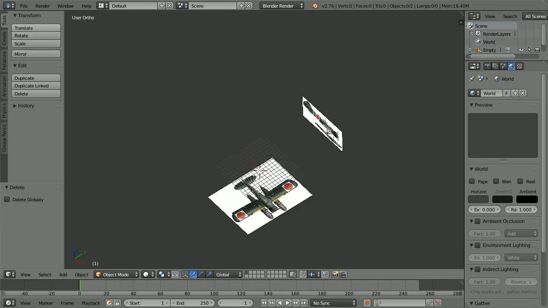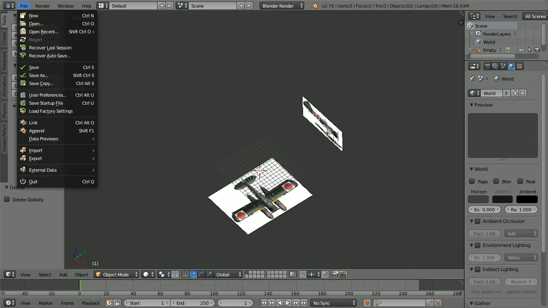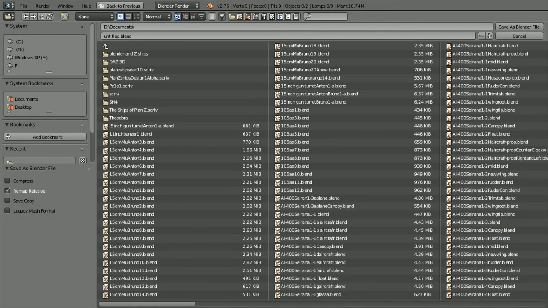The other thing we want to do is come up to File and click Save As, or you can click Save, and you'll notice it says Untitled Blend. I'm going to double click that. You want your dot blend to stay there. I think even if you erased the whole thing, it'll put the dot blend on it. So let's put